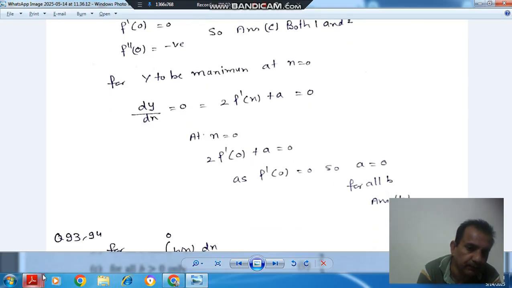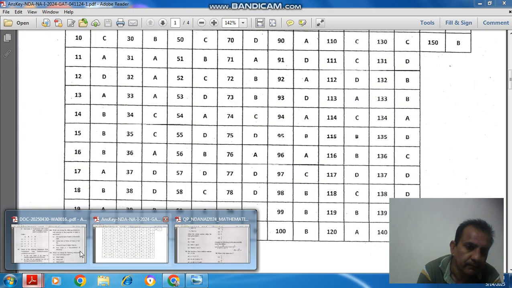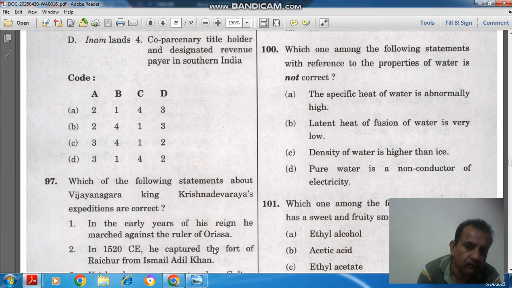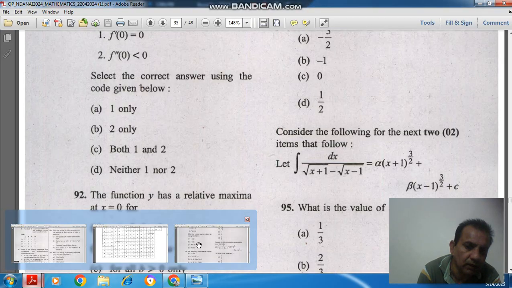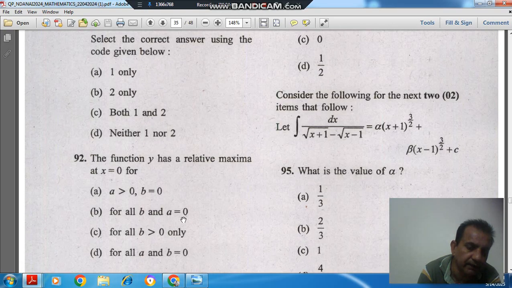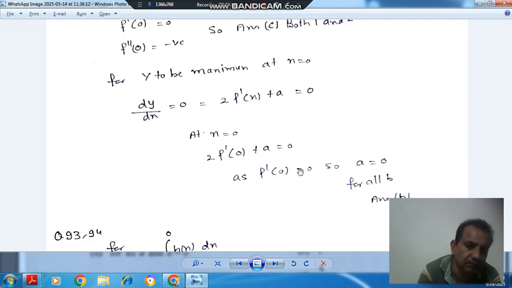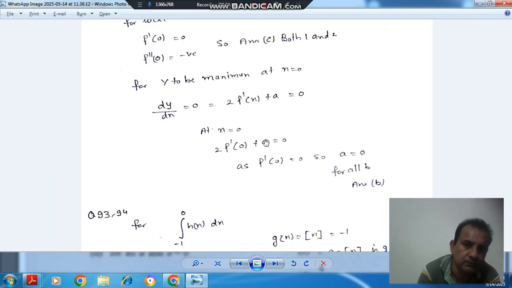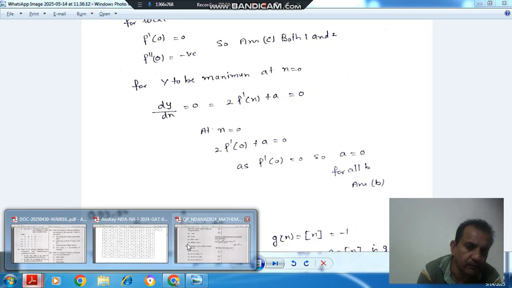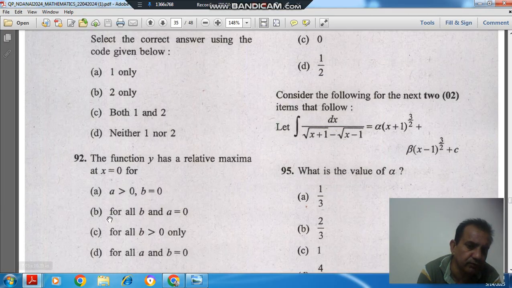So the answer is option B. For all b and a is equal to 0, the y will be maximum when f dash is maximum. So the answer is option B, because a should be 0, since f dash is 0, and it doesn't depend on b. So for all b, these two conditions should be satisfied, and in option B, it is all b and a is equal to 0. So the answer is option